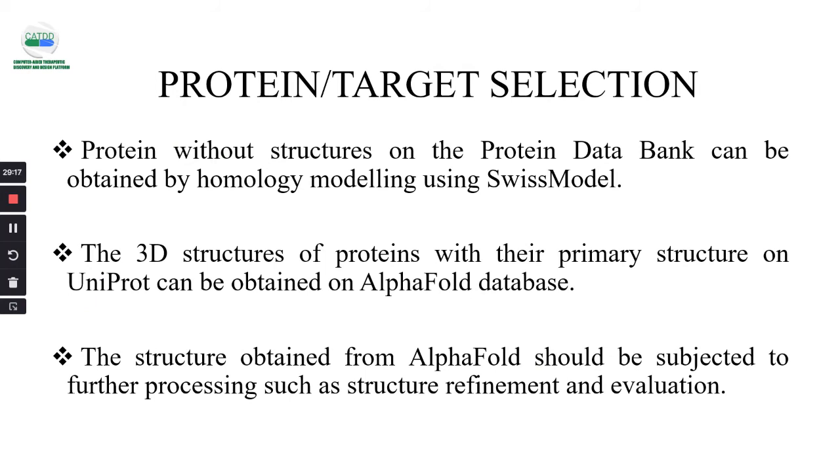So if we are working with a protein that does not have its experimental structure elucidated on the Protein Data Bank, we can obtain that structure by homology modeling using the popular Swiss-Model. So you get the primary structure, which is the amino acid sequence, from UniProt. Then you can take it to servers like Swiss-Model, RaptorX, and so on. But it is advisable to use AlphaFold because AlphaFold was recently recognized as